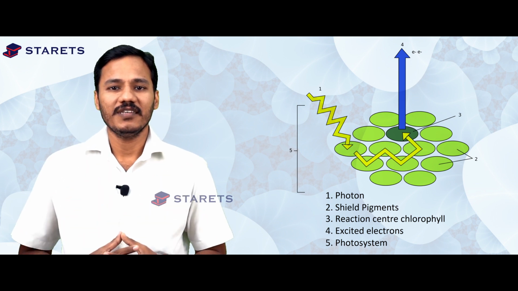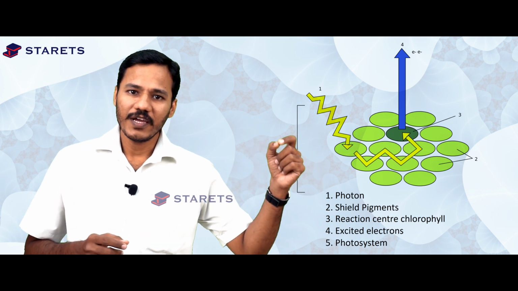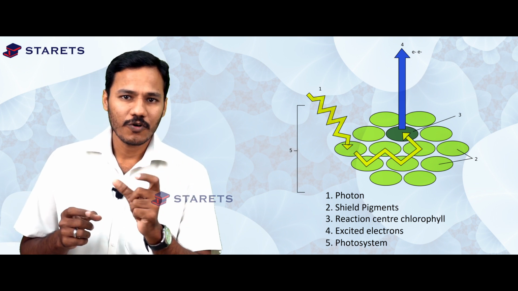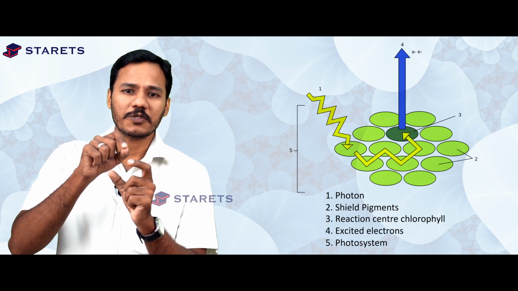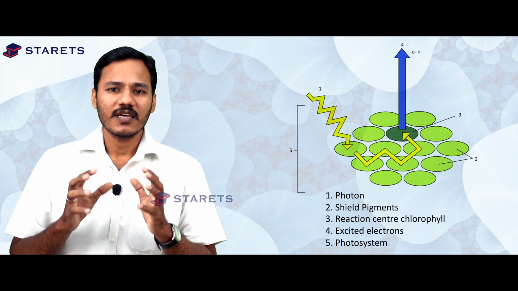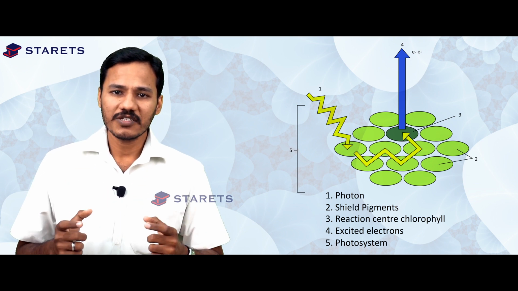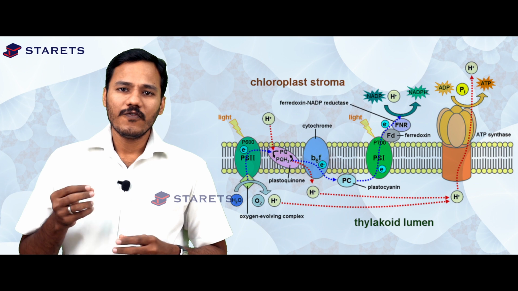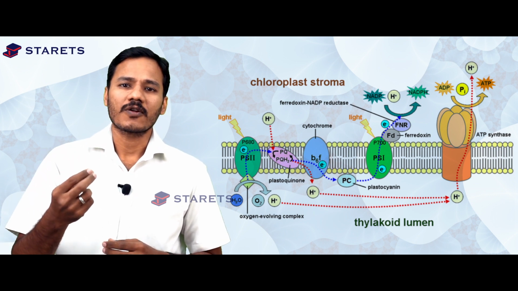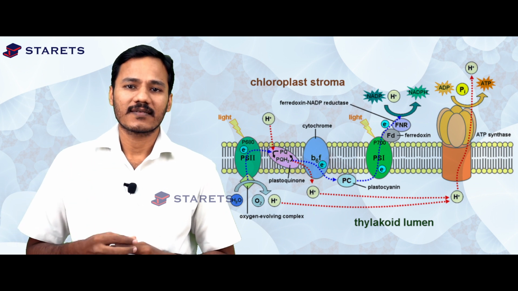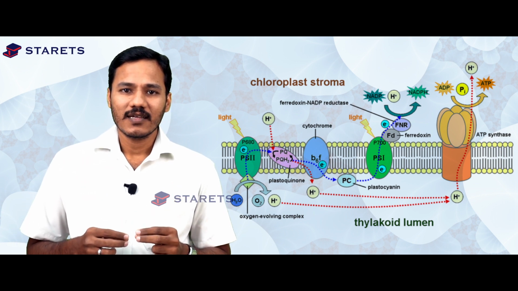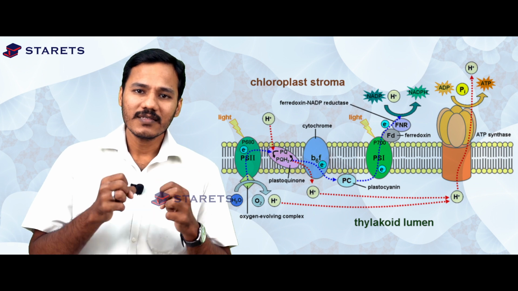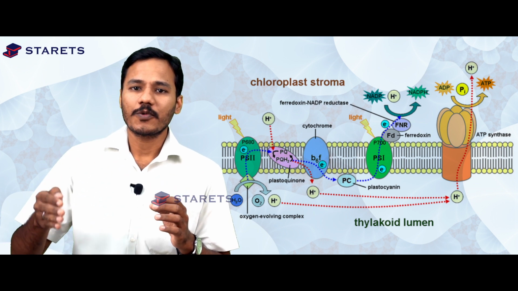Okay. The reaction center chlorophyll is essential. It initiates the light reaction. That means the light hits the chloroplast, inside the thylakoid membrane, inside the photosystems, where there are many pigments. When the light hits the photosystem pigments, the light energy is absorbed and utilized for the excitation of electrons. The electron always moves in pairs. When the electrons are excited, they have much more potential energy, and as the electron moves from protein to protein,